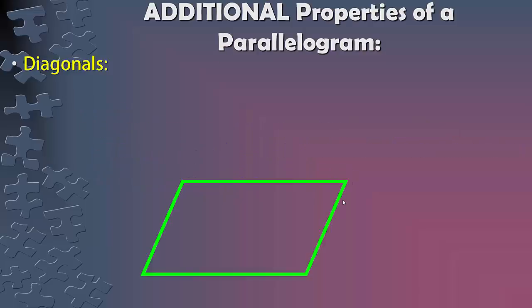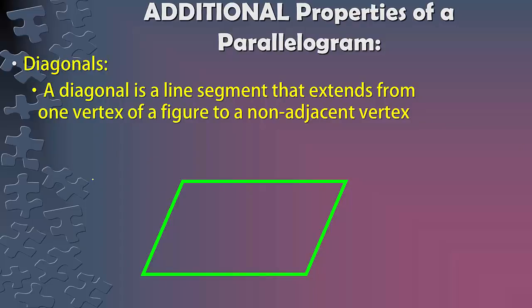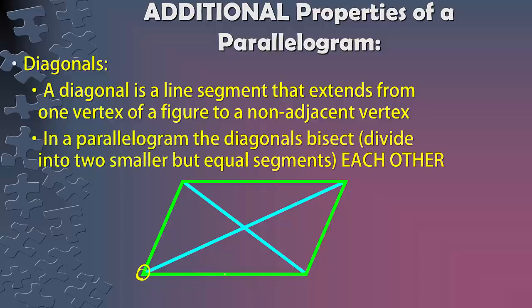Now, just so you know, a diagonal is a line segment that extends from one vertex of a figure to a non-adjacent vertex. So here's a vertex. Non-adjacent means it's not the next one over in either direction. All right, so in this case, they go to the opposite sides. Nice and easy. Okay, in a parallelogram, also, the diagonals bisect, which means to divide into 2 smaller but equal